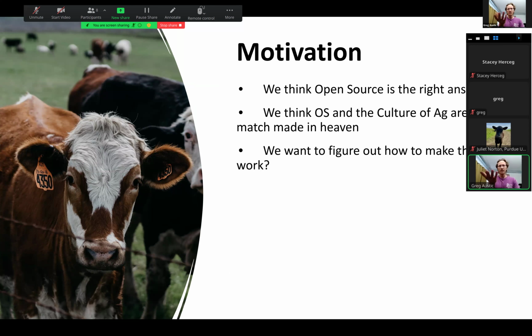And then also this middle one is I actually think, and I hope people start to recognize this more, I think you guys in Nebraska and probably you, Stuart, also, and others in the Midwest understand this better. But I think that there's a broad failure to understand that the culture of open source and the culture of ag, which is really the culture of like the rural United States, at least for us, they don't use the same language, but they have all the same ideas. And the more we can connect those ideas, the right to repair,